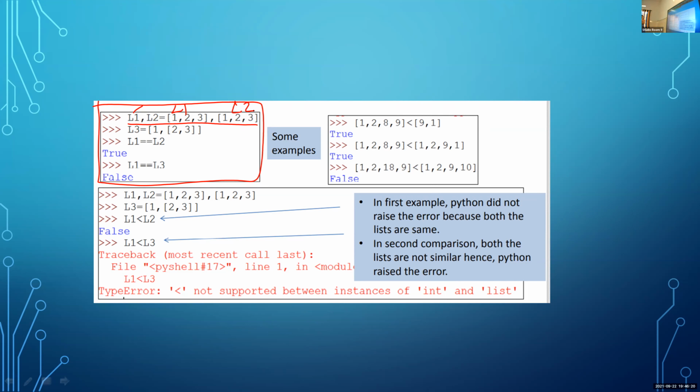L1, L2 is equal to two lists. The first list is this one, the second list is this one. That means the name of the first list is L1, the name of the second list is L2. Then one more list is there, L3 with a nested list, that is 1, [2, 3].